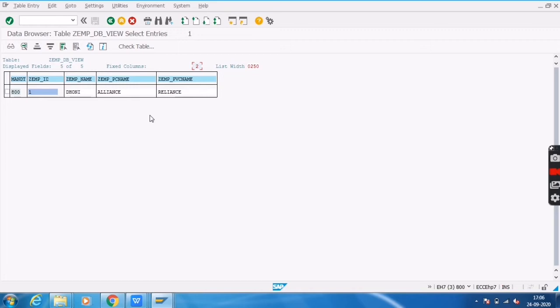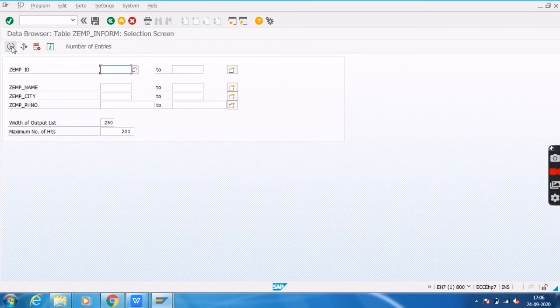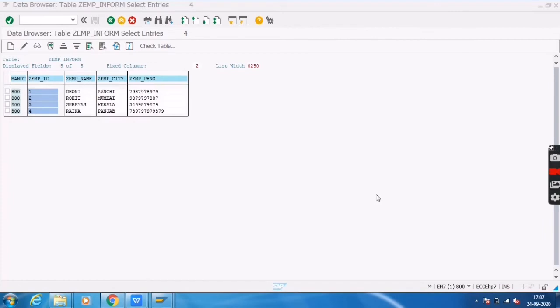Now I will show you the data of the two tables. This is the employee information table. I will execute this one. The first ID is 1, employee name is Dhoni, city is Ranchi, phone number is this one. I'll show you Dhoni's company details from the company table.